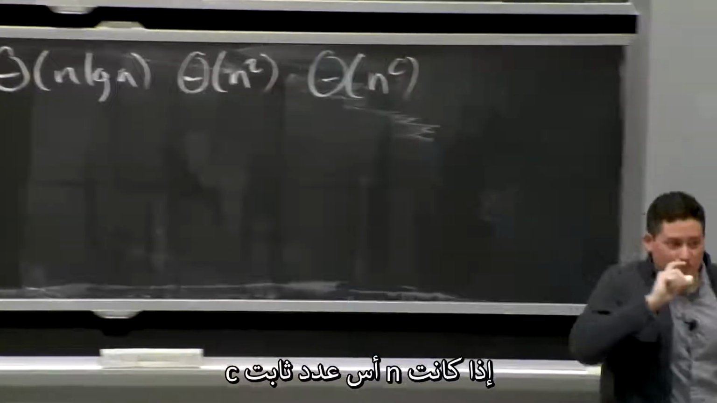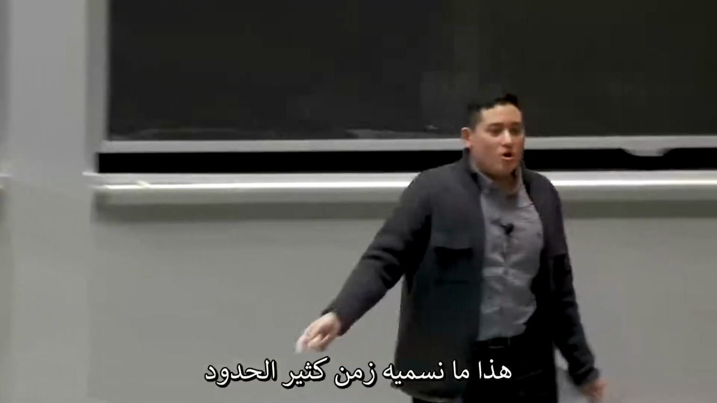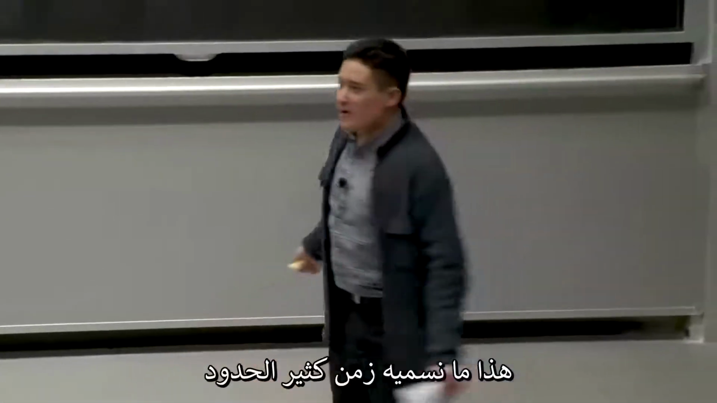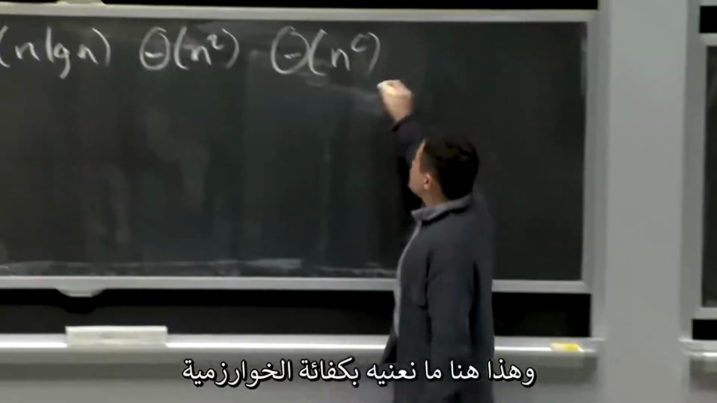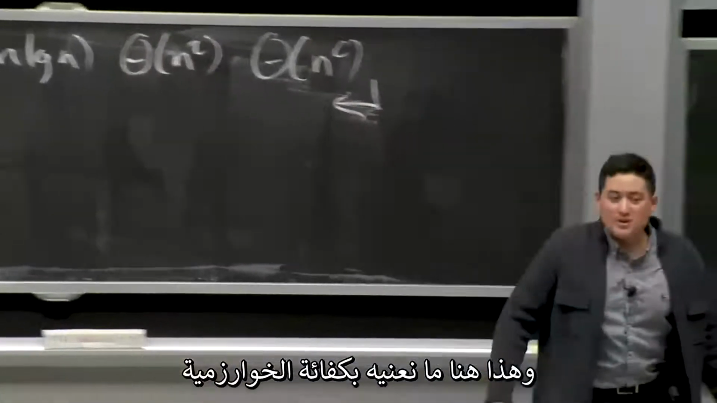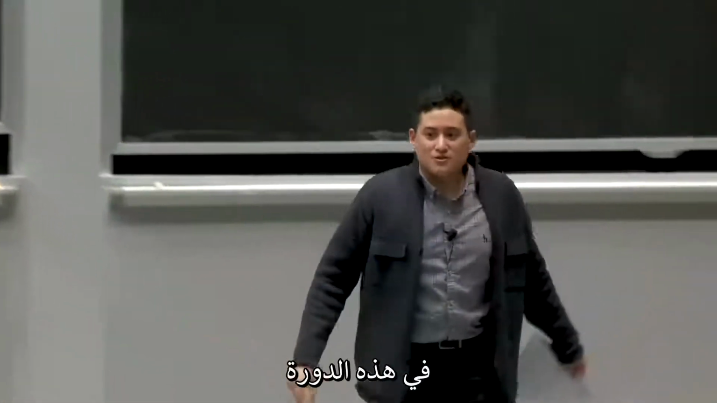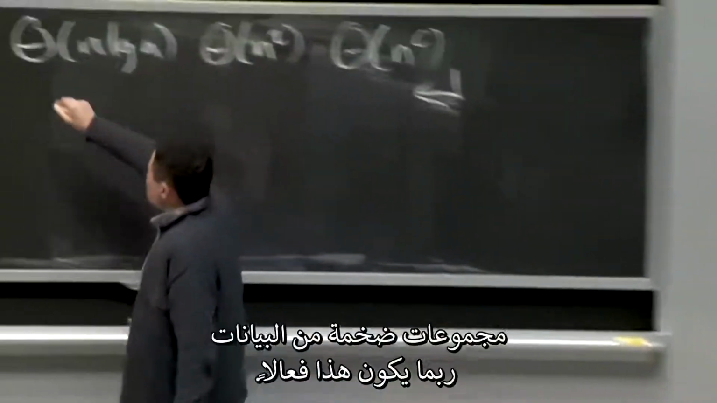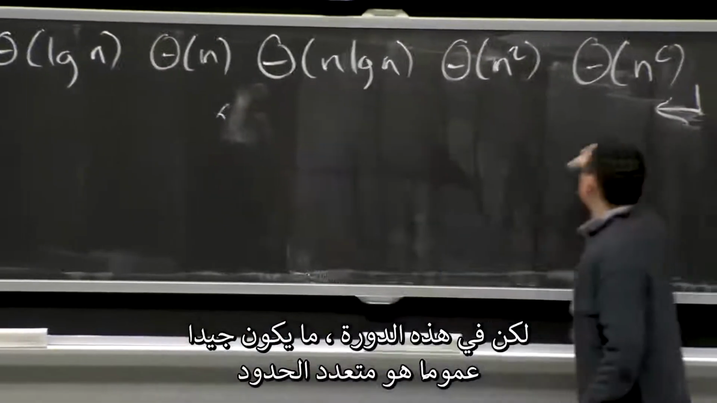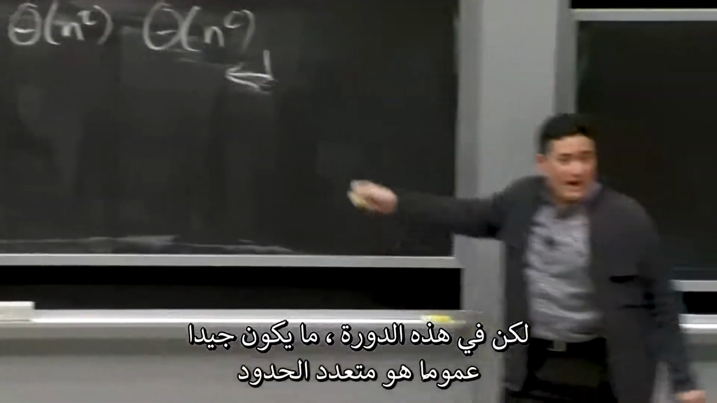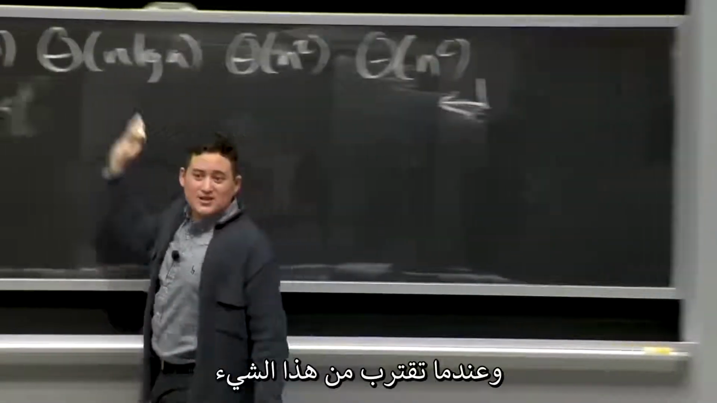It's n to the c for some constant. This is what we call polynomial time, right? As long as c is some constant. And this right here is what we mean by efficient in this class usually. In some other classes, when you have big data sets, maybe this is efficient. But in this class, generally what we mean is polynomial, and as you go down this list, things are more